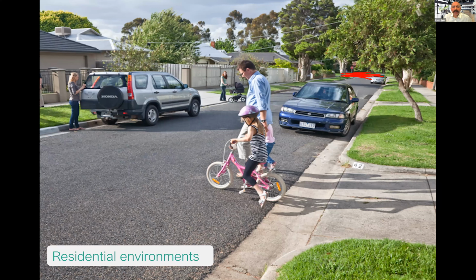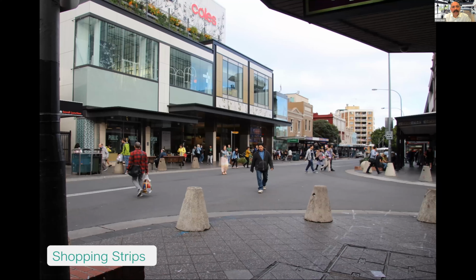Shopping strips and the like. This one's an interesting one. I'll give a prize if somebody can tell me where this is, or the first one to tell me where it is, and I'll talk through this one. We won't do the same exercise because there's a lot of similarities. It's obviously a heavily pedestrianised area. It's fairly much a place for people. And I think that you alter your infrastructure to reduce car volumes through,